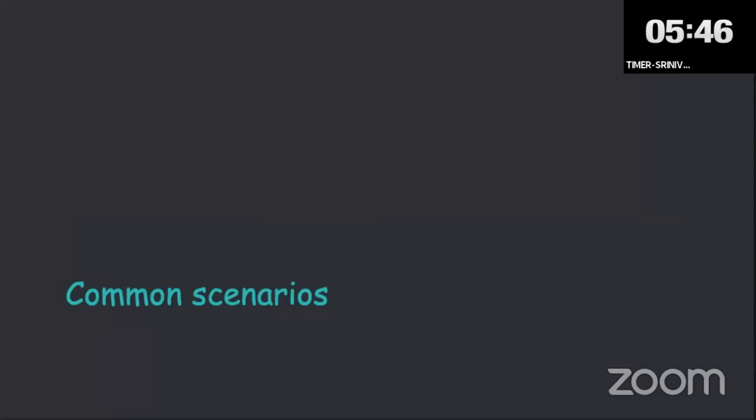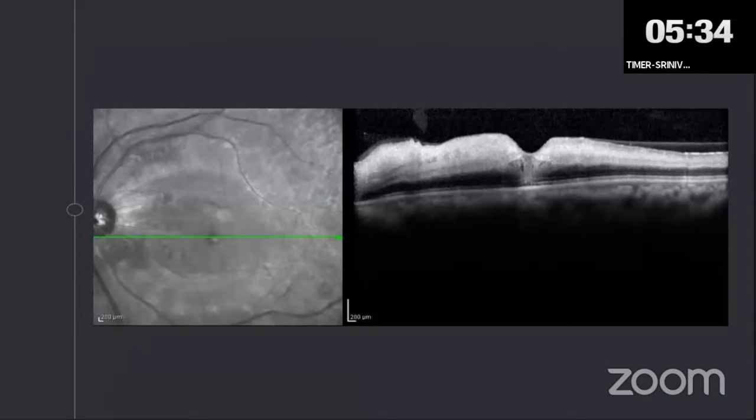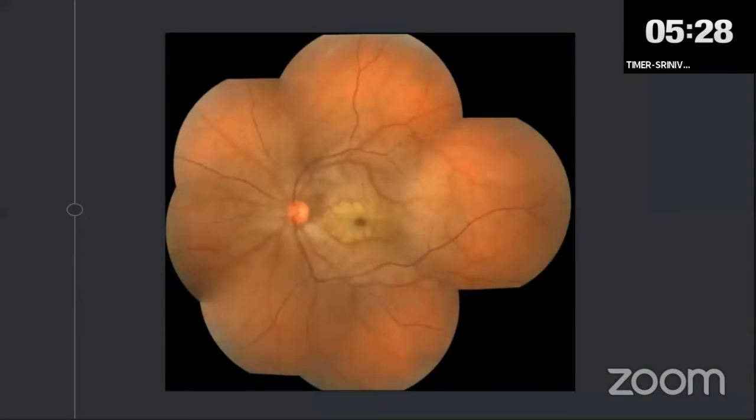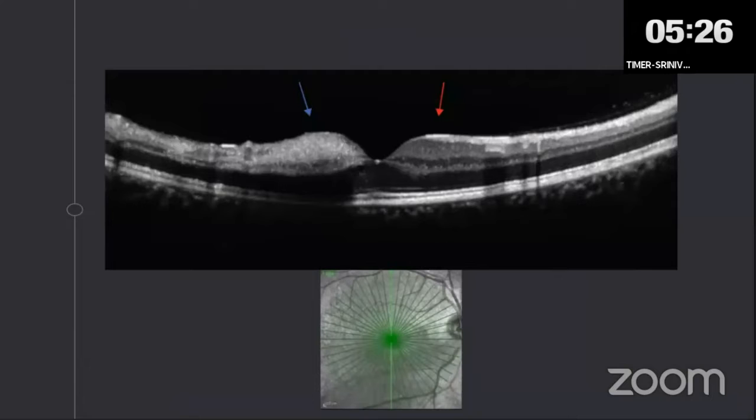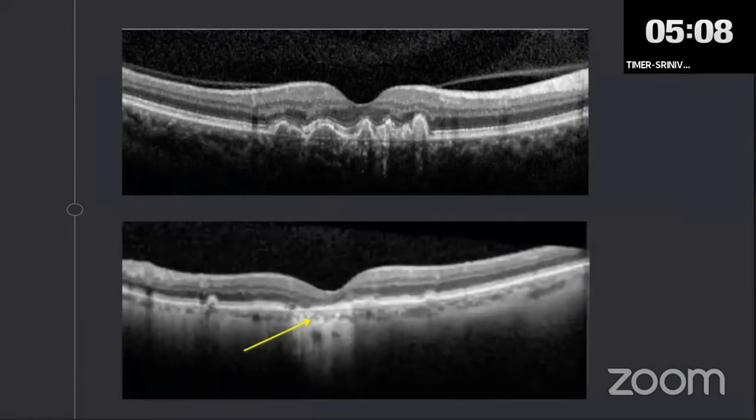I'm going to quickly cover some common scenarios that we need to be aware of. Here you can see gross cystoid macular edema with subretinal fluid. This is in a patient with BRVO. This is in a patient with arterial occlusion, with this typical whitening. When you see loss of delineation of the different layers, you must immediately think of a CRAO. Now, this is interesting, where you can see a normal and an abnormal area. That's because it's a branch arterial occlusion, wherein the occluded part is white and the normal part appears in perfect layers. So this is a clinical image where just a portion of the retina shows the occlusion of the artery.